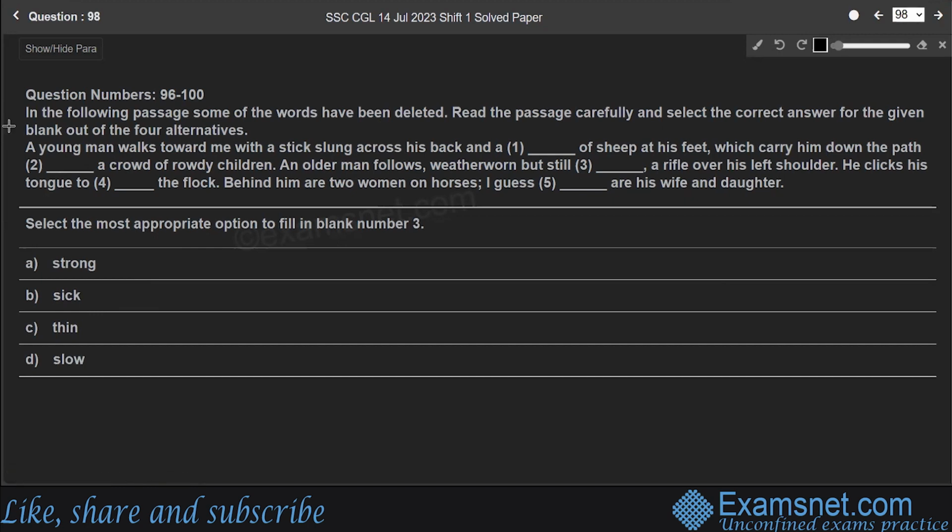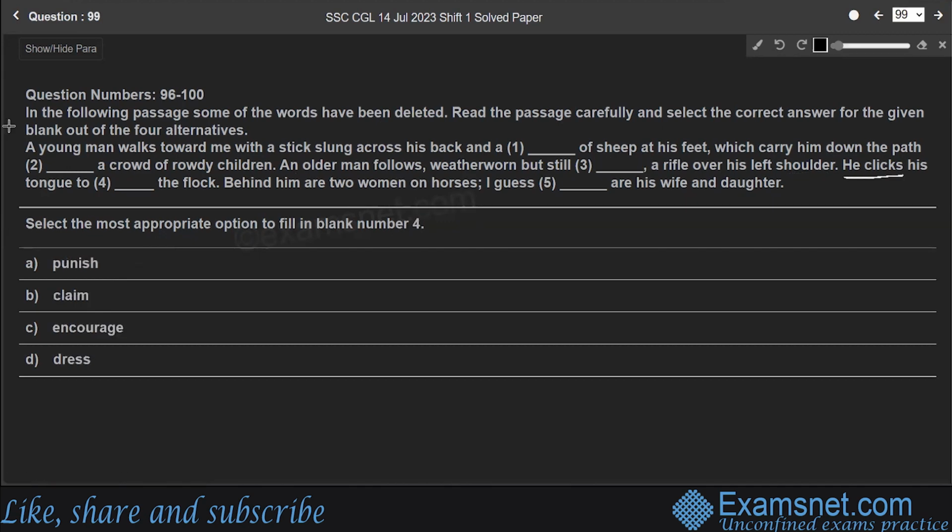Question 98. Here, an older man follows, weather-worn, but still dash. Here, strong is the proper word to use, right? So, an older man follows, weather-worn, but still strong. He's strong, right? So, the correct word is strong. It refers to the older man's ability to keep up with the young man and the flock of sheep, despite his weather-worn appearance. Therefore, strong is the proper word, right? So, strong, a rifle over his left shoulder, right? So, moving further, question number